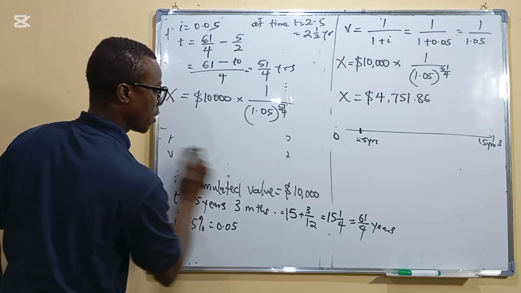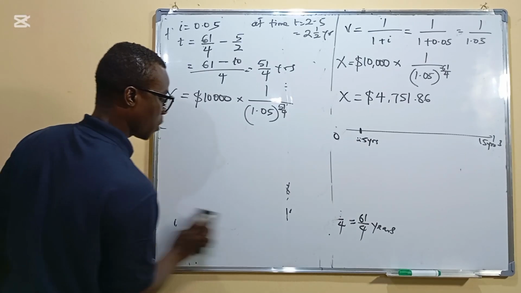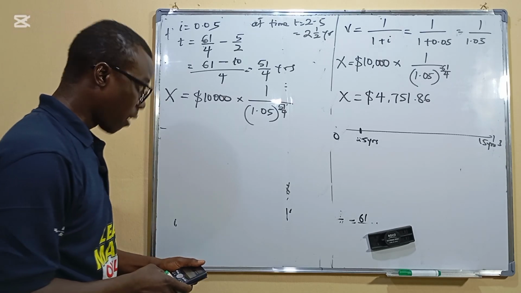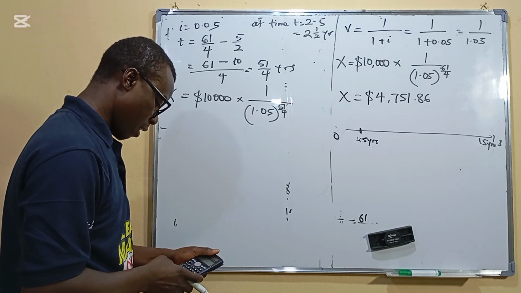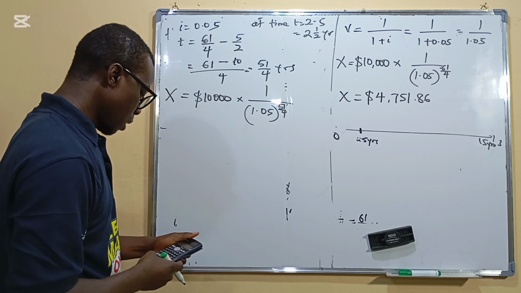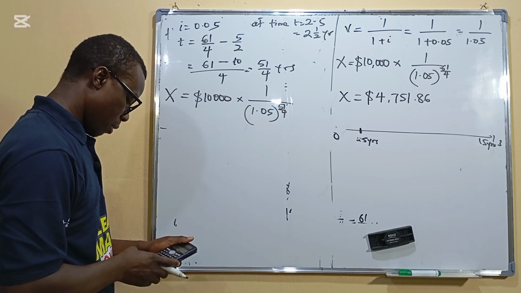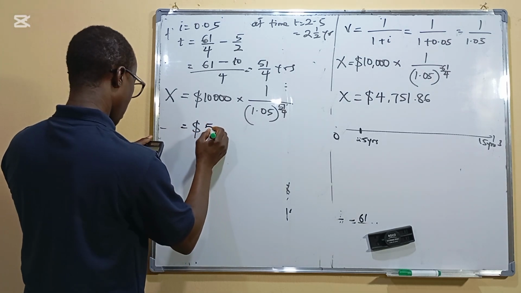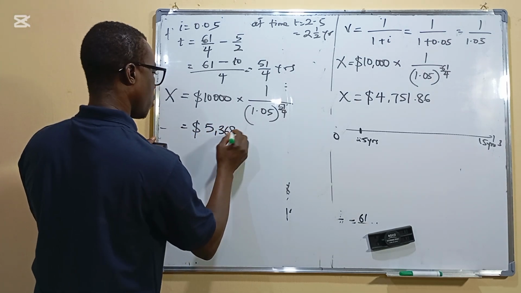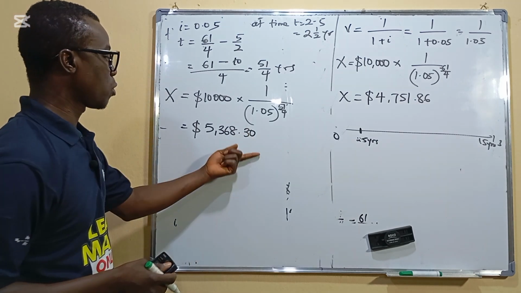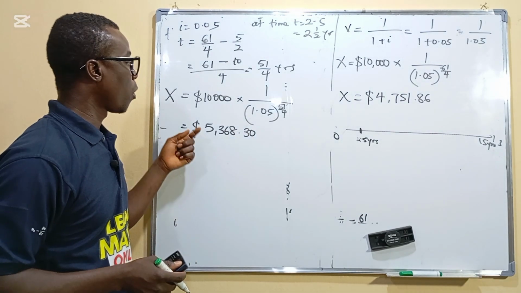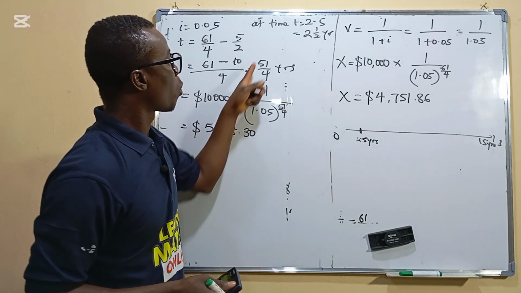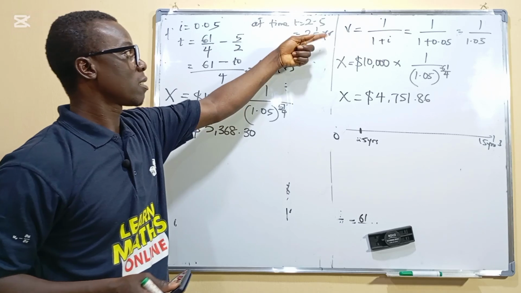Now this is a power, so again, it's calculator work. I'm going to do that as 1.05 raised to the power of 51 divided by 4, and then 10,000 divided by the answer. And so this will be 5,368.30. So this will be the present value to accumulate 10,000 US dollars when the investment is done at time t